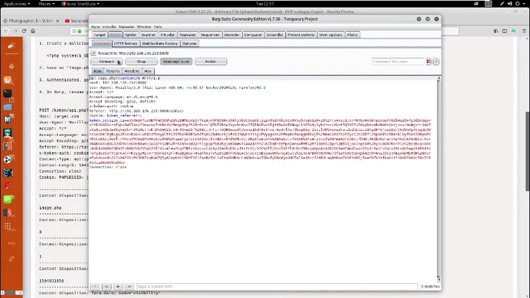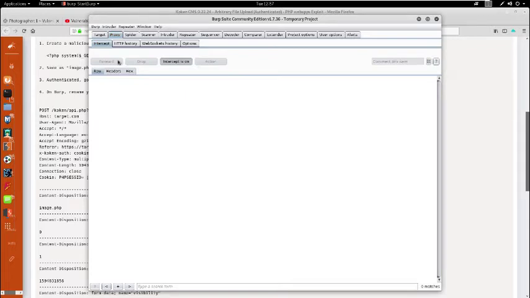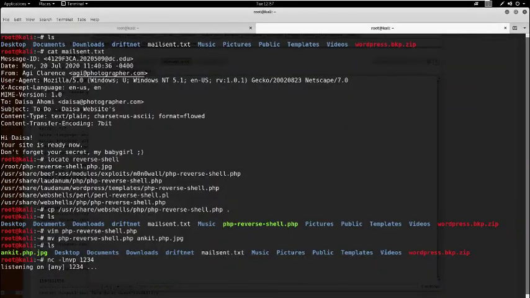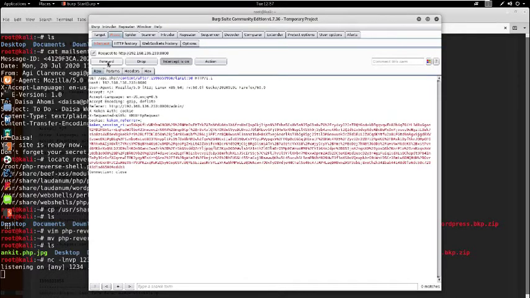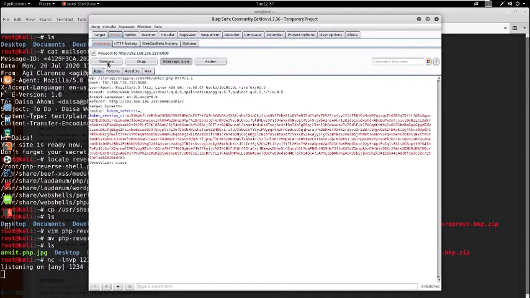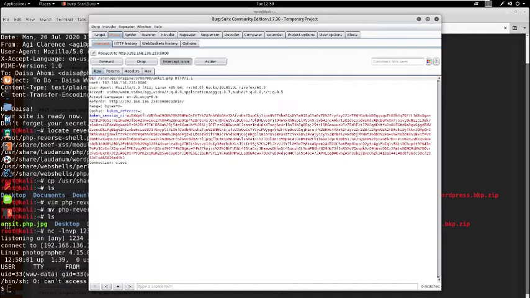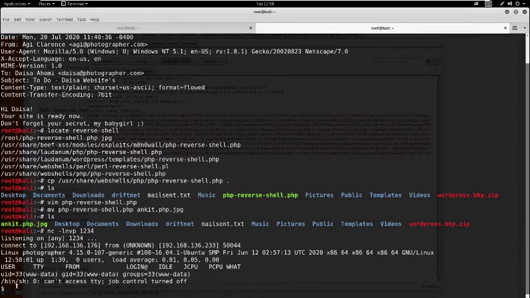Now forward the request, and whatever requests are coming, we need to forward those requests. Forward, going forward. Yeah, here we can see this ankit.php. So as we forward this one, we got access as user www-data.